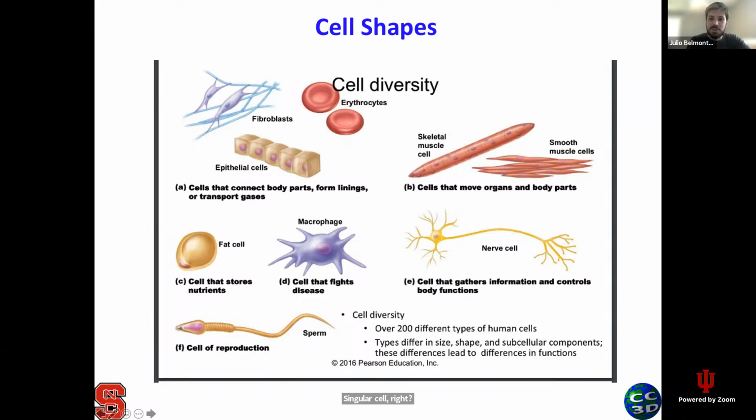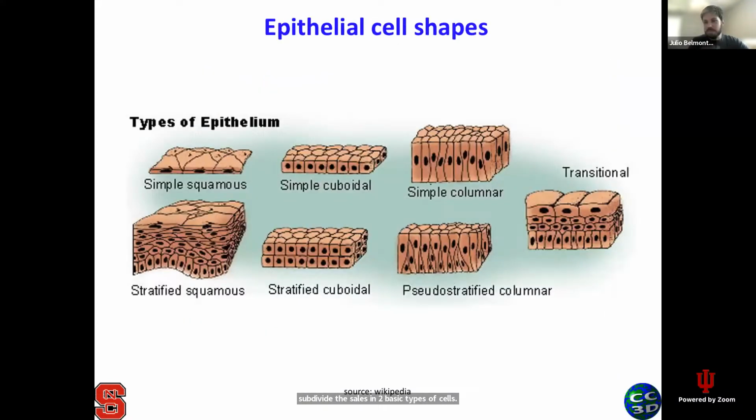Unicellular organism, okay? So basically, you can subdivide cells into two basic types of cells, which usually have their own shapes. The first subtype of cell is going to be the epithelial cells, the cells that make up tissues, right? Those cells usually have a more structured shape, so they are either cuboidal or columnar or flat like a